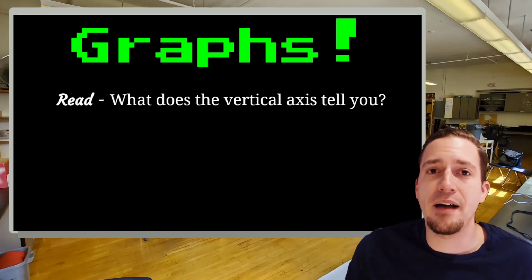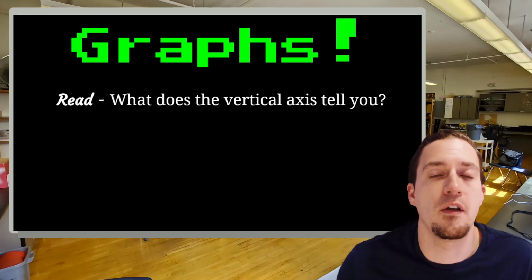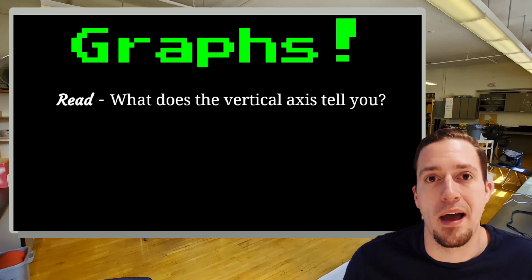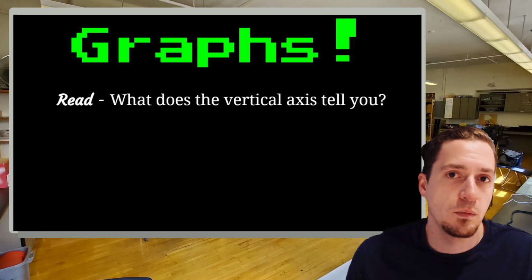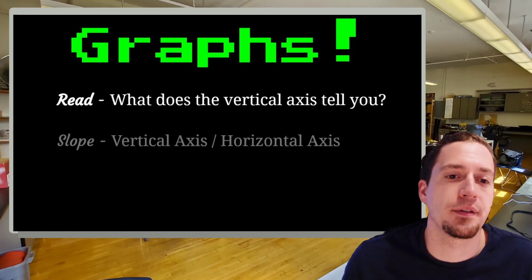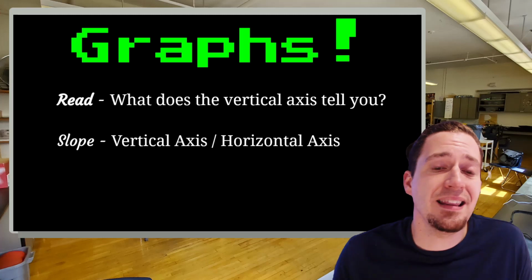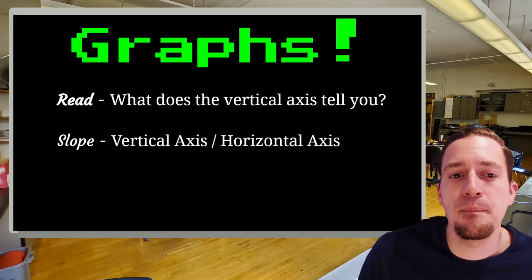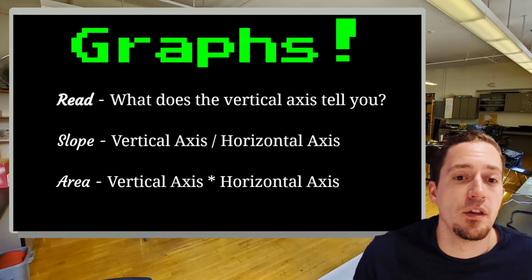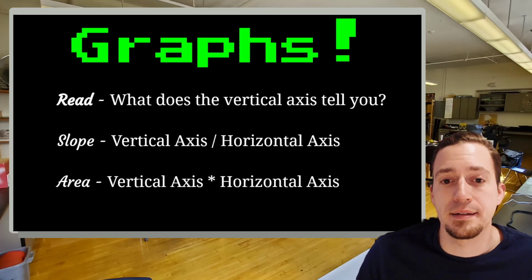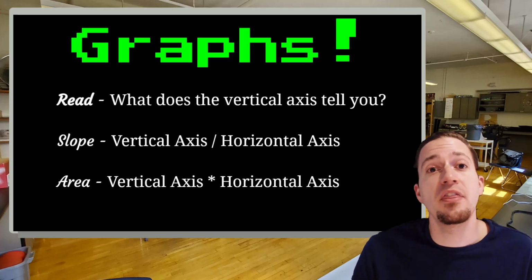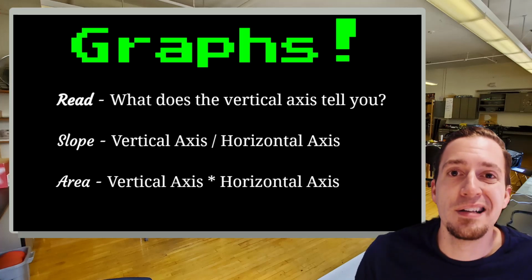If we read the graph, it'll tell us about what's on the vertical axis at a given value for the horizontal axis, right? So we'll have some examples of that in a minute, but I'm just reading basically values from the vertical axis. The slope, right, would be taking those 2 axes and dividing them, right? And then the third thing we could do is finding the area by multiplying the vertical axis and the horizontal axis together. So let's get some common graphs that frequently pop up on things like AP exams and other summative